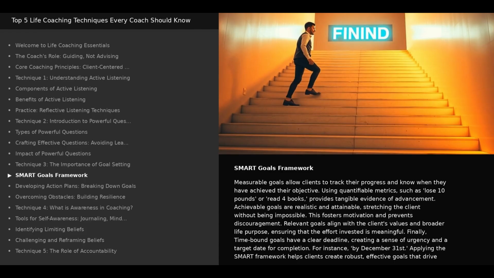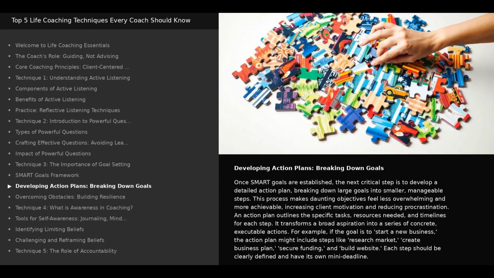For instance, by December 31st. Applying the SMART framework helps clients create robust, effective goals that drive real progress. Developing action plans, breaking down goals. Once SMART goals are established, the next critical step is to develop a detailed action plan, breaking down large goals